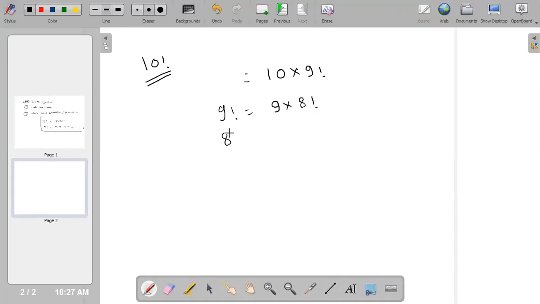If someone asks for 8 factorial, I can write 8 into 7 factorial. So the pattern I see is that n factorial is equal to n into n minus 1 factorial, right?